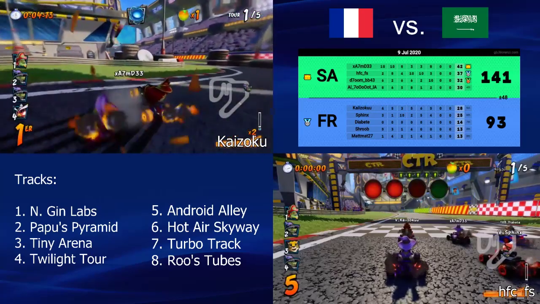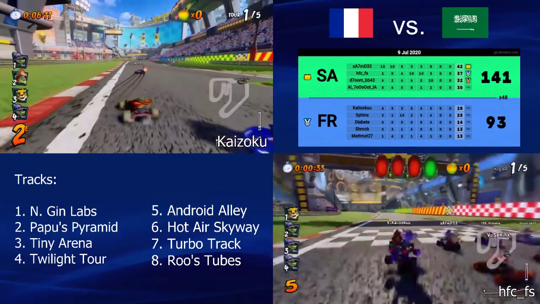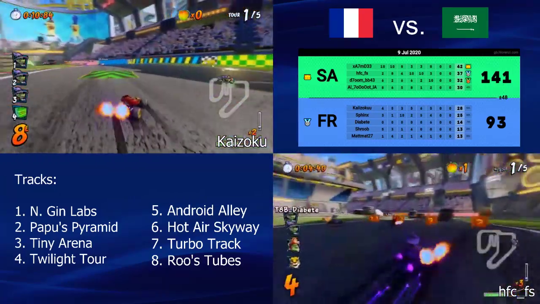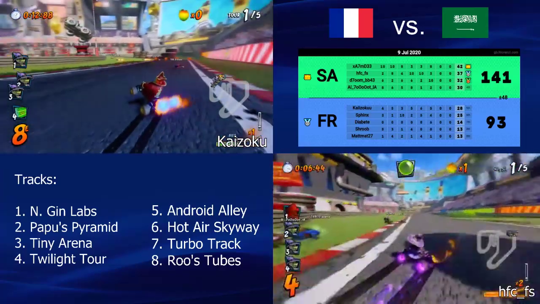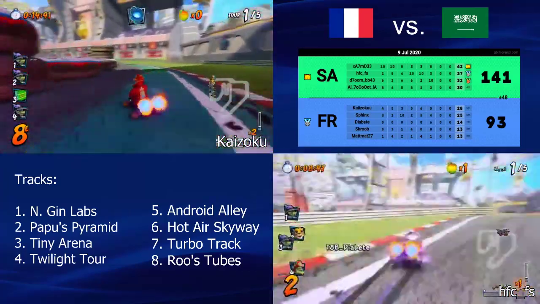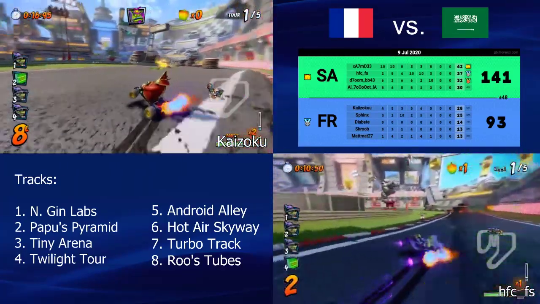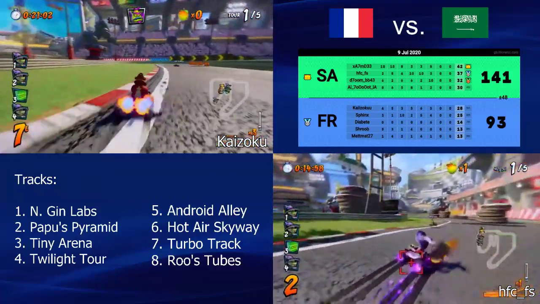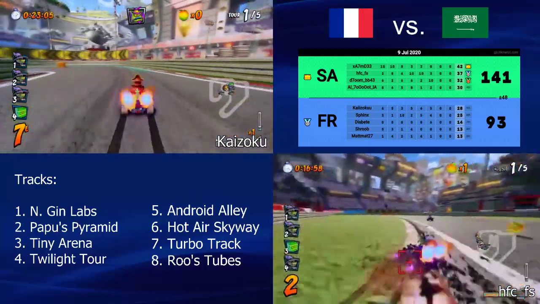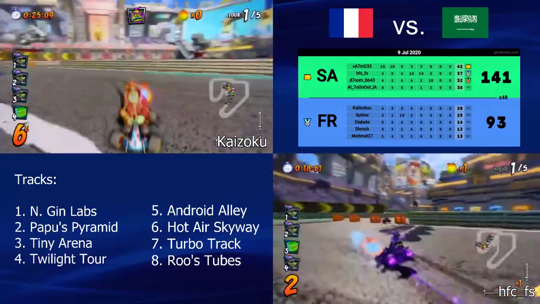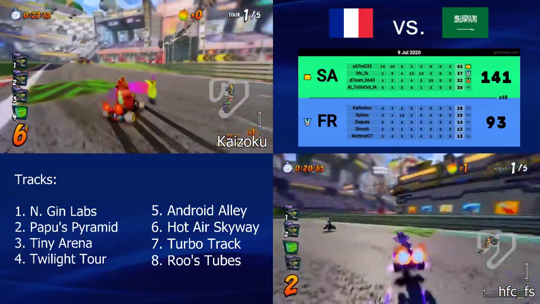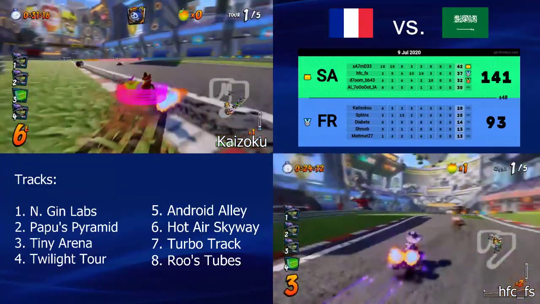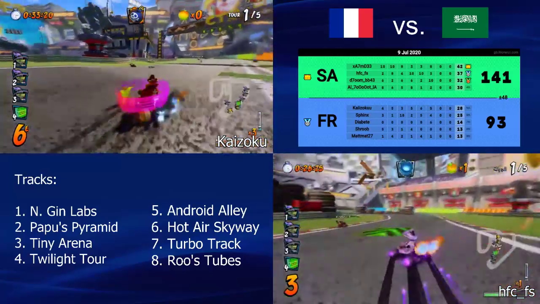Kaiser will most likely go time trial lines here. I mean, he gets the TNT. TNT is not the item you want when you try to front run on Turbo Track. It's the worst item roll you can possibly get, but it's also the most common item roll. When you front run on Turbo Track, you want to have a beaker or bomb, so you can hit the player behind you. But most of the time you end up with a TNT.